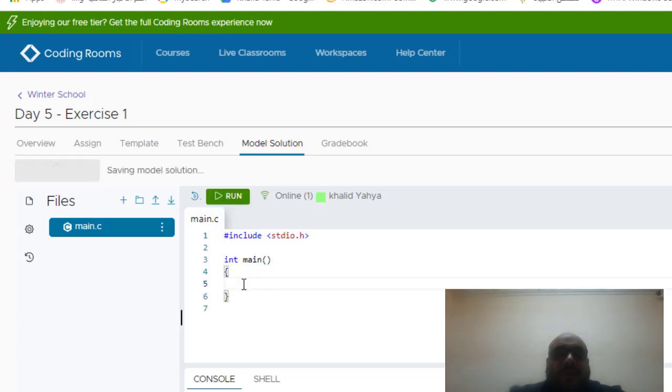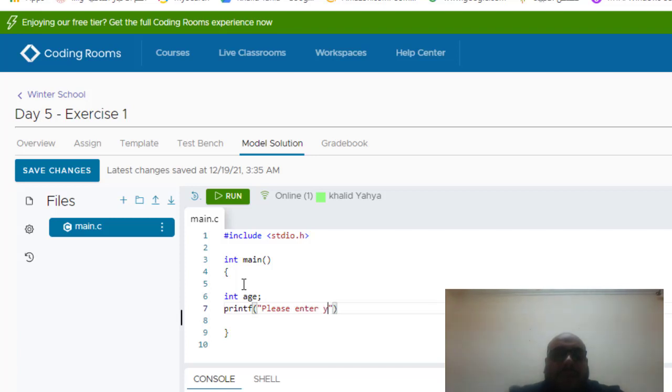So how many variables do we have in our program? We have only the age. Age is an integer, we can assume. Now I will ask the user to enter his or her age. So print a message, "please enter your age\n";